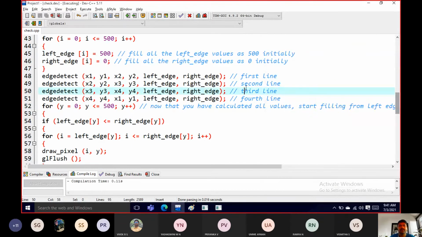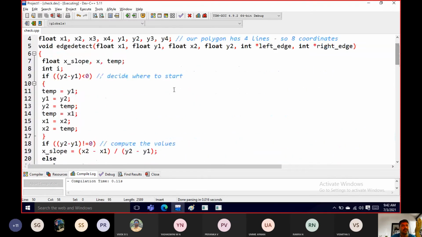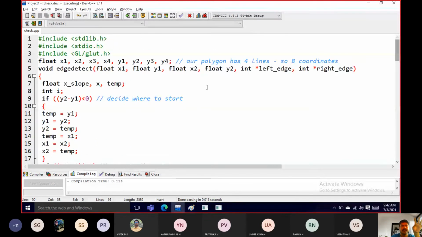For the first line, that is x1 and y1, we have edge detect. We'll go to the edge detect method. So we have the edge detect method over here. We are sending 4 values, that is x1, y1, x2, y2. I'm also taking the